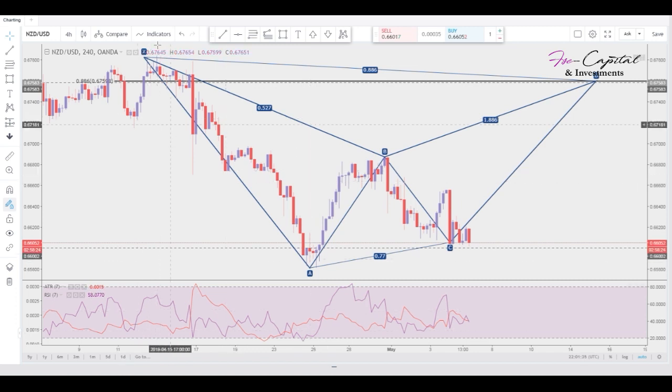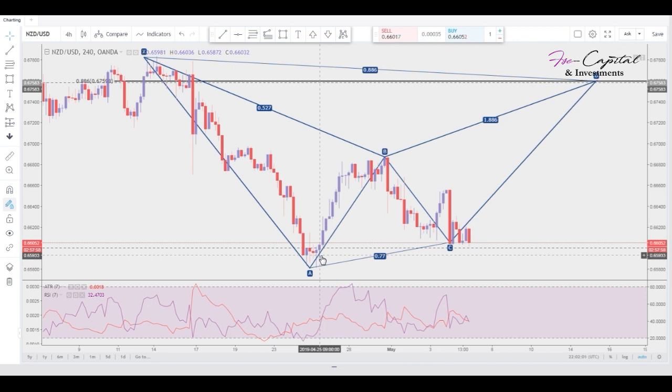Here you go. Okay, you've got our X leg here. We've got X to A, A to B, B to C, and C to D completion at 65.59s. You've got a bearish Bat pattern setting up at 67.59s. If the market pushes straight back up, not retesting the lows